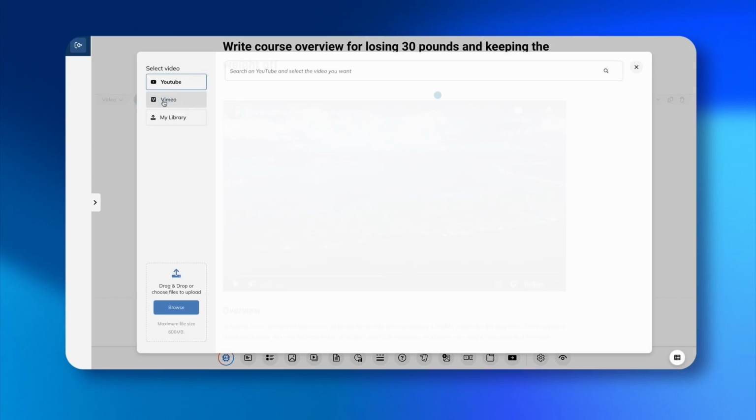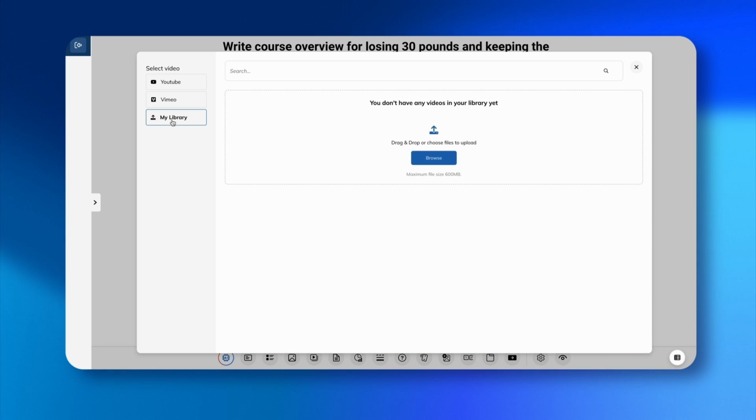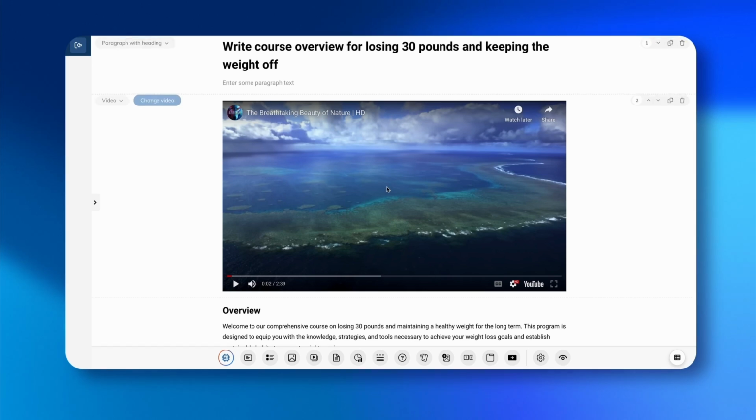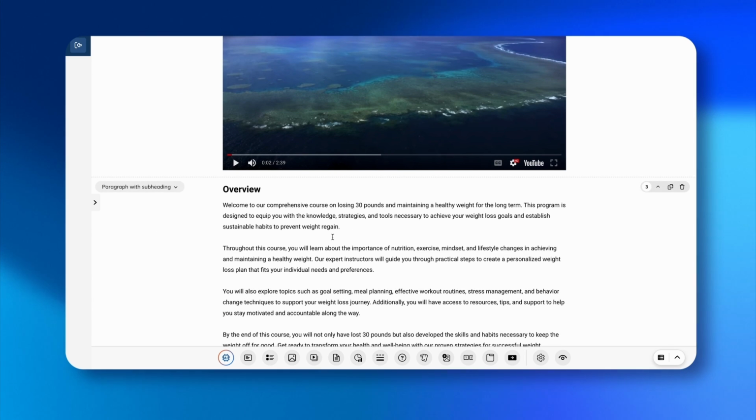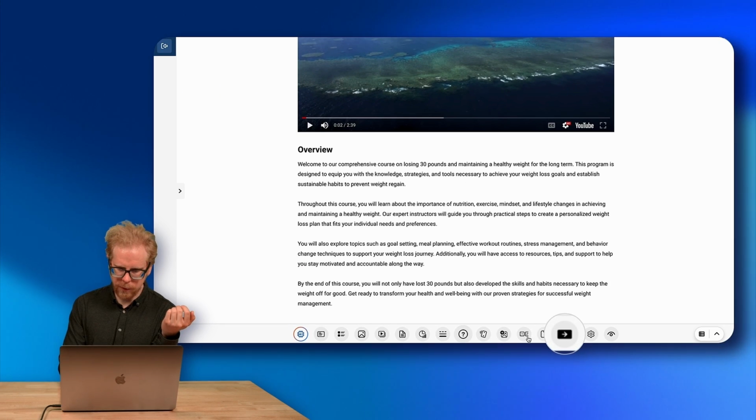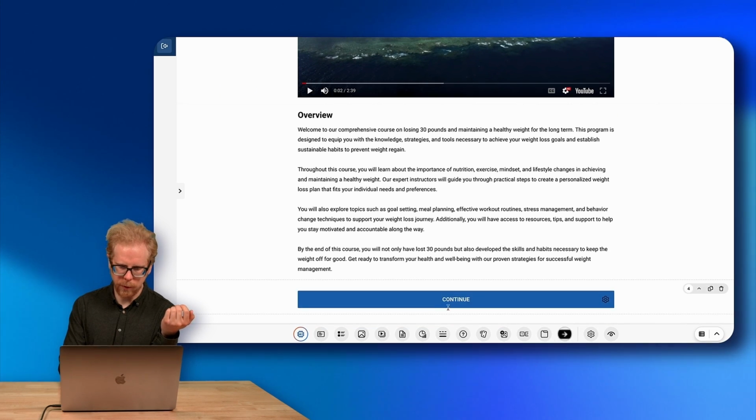So what you can do is go to change video. You can upload directly to the platform, to Talent LMS. Swap out the video. Then we have text. Okay. Then what we can do is add a button. It's a continue button, and we can actually